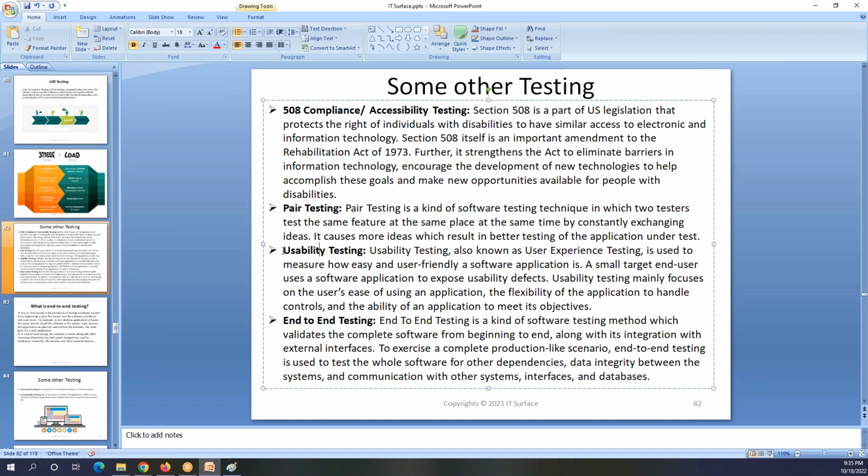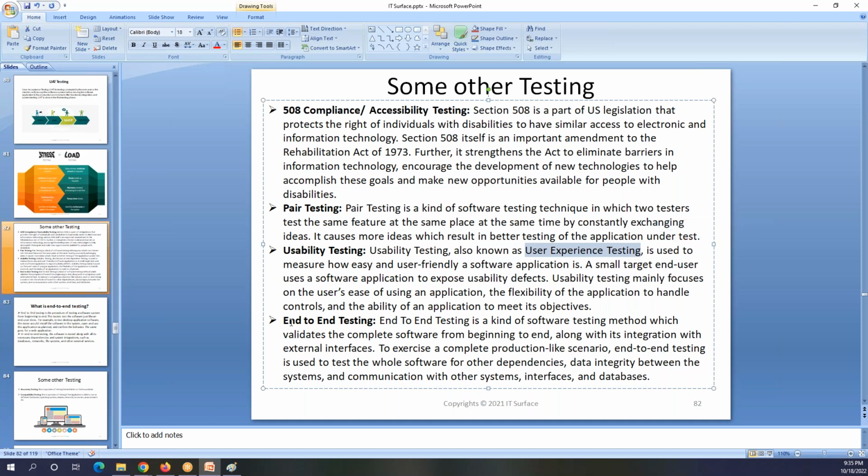Usability testing, usually we don't do that. We don't actually need that, so it's fine. It's kind of like user experience testing. You have to think like you are a real user. You are a tester, but you have to feel and think like a real user. That is usability testing.